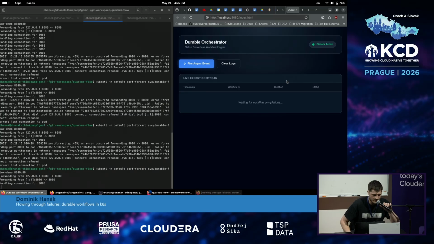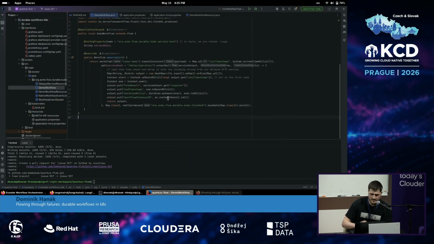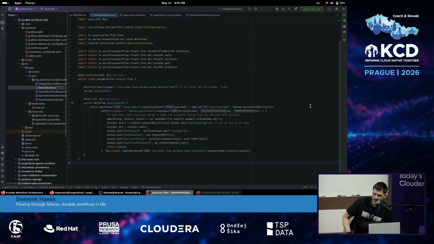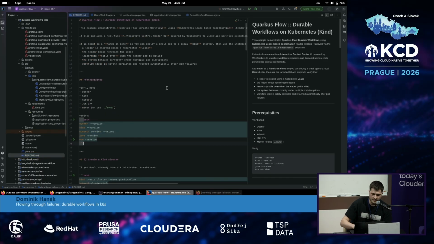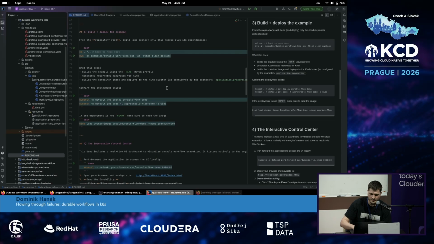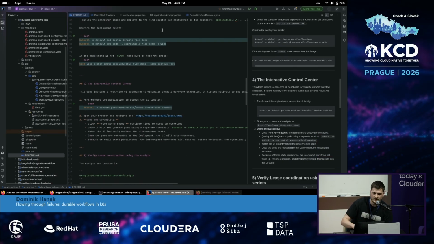So how does the demo work? It's just a simple workflow that waits for 30 seconds. We have a function that initiates a timestamp, and then we delay the operation for some time, which is not really informative for you, I think. But we are modifying the workflow context with this data. And also, if you are interested, you can do it yourself. It comes with a whole README where you set it up and go through it, and it educates you on how it works in our